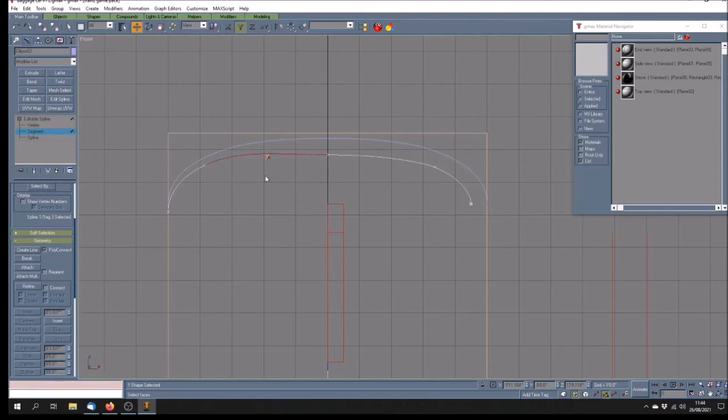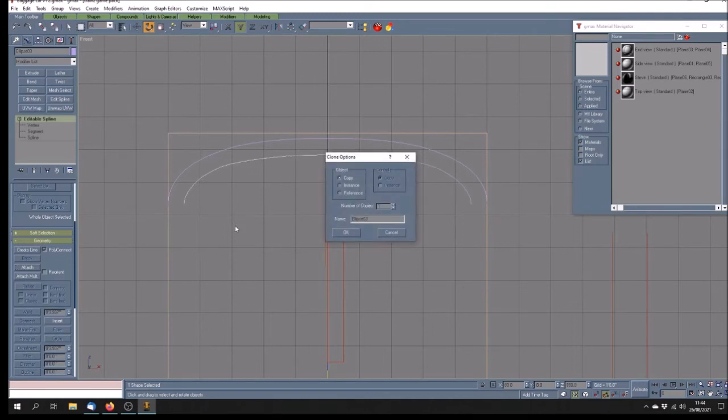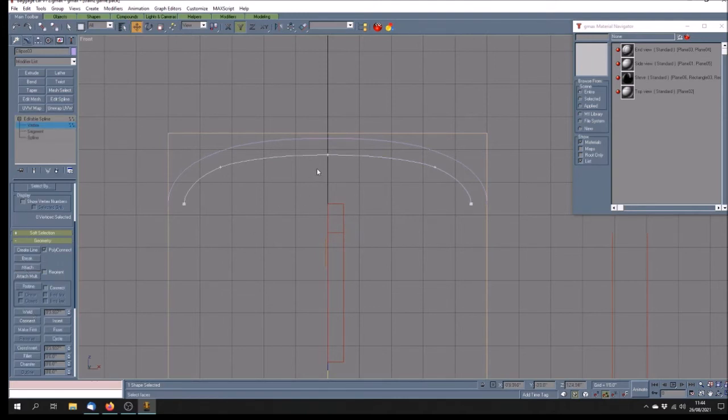The other side, I'm just deleting those segments, because why do it twice? If you've already done it once, you can just clone it, and that's what I'm going to do here. Just bring out a clone. 180, that's it, thank you, and just attach that one to it, and then looking at the vertices, make sure those are welded right. So the only thing I want to do now is